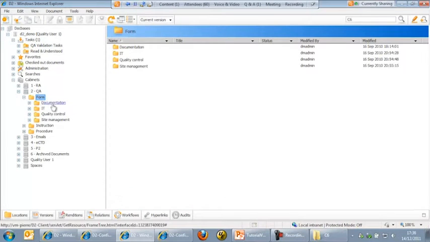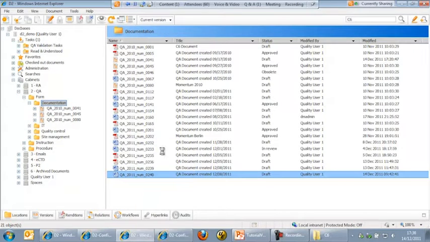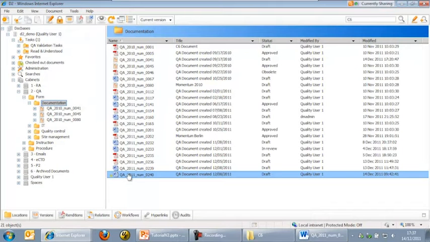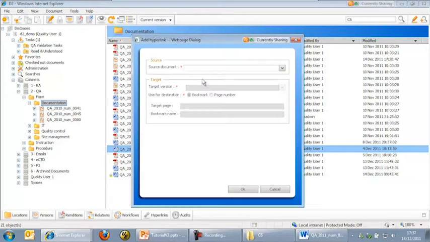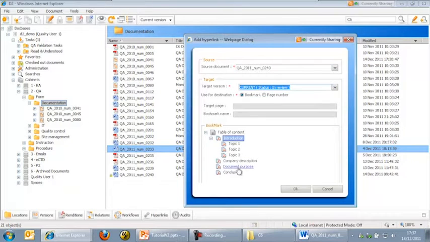So this hyperlink functionality will allow you to write directly in the document content, to put in the document content a link to another document, like so, my document was... so you can choose